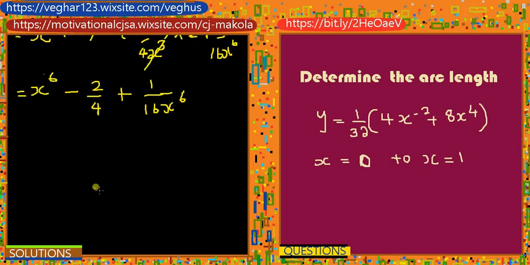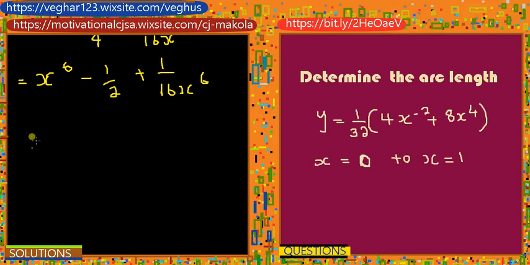So -2 over 4 is the same as -1 over 2, so we have something like this, -1 over 2 plus 1 over 16 x to the 6. So now we are at this stage, and from this stage we have to put 1